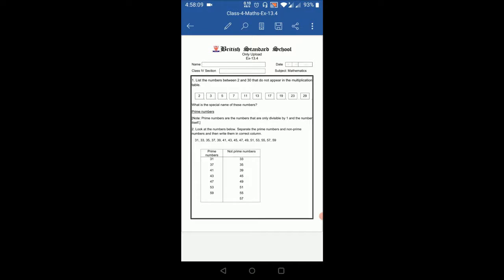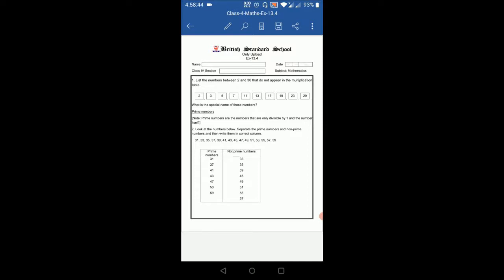So we have to mainly check divisibility by 2, by 3, 5, 10. So how can we know which number is divisible by 2? First of all, we have to notice whether it is an even number or not. If any number is an even number, that number will not be a prime number. Only one exception, that is 2. 2 is the only number that is even and also prime. Except 2, all other even numbers are not prime numbers.